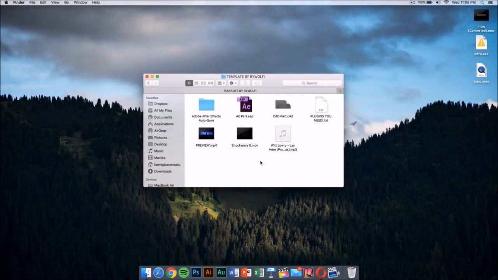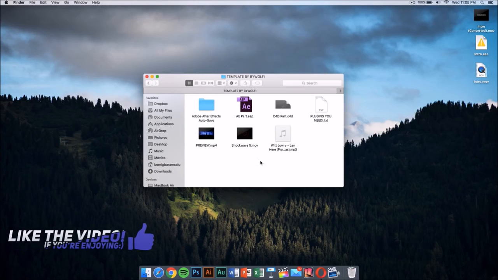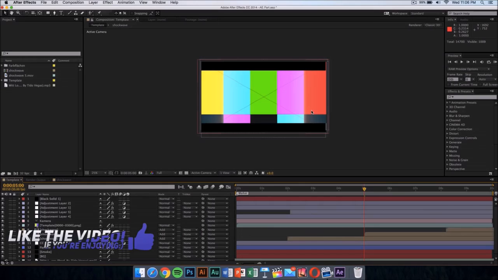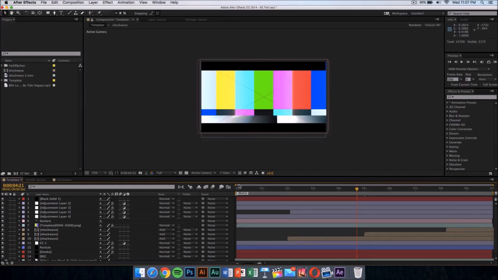So guys, once you have finished exporting your Cinema 4D parts of the intro, now what you want to do is go into the After Effects part. This is going to be included in the folder too, so double click on the After Effects part. So guys, now I am in After Effects and it should look something like this, and it should say file missing when you start After Effects, because we have one file missing and we're gonna replace that with the one that we just made in Cinema 4D.